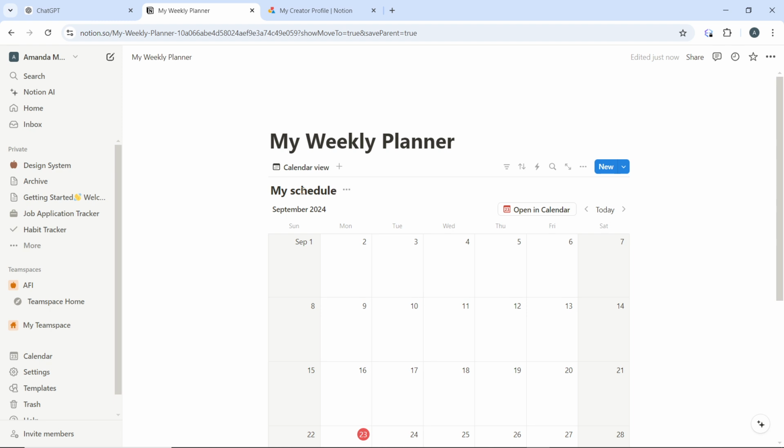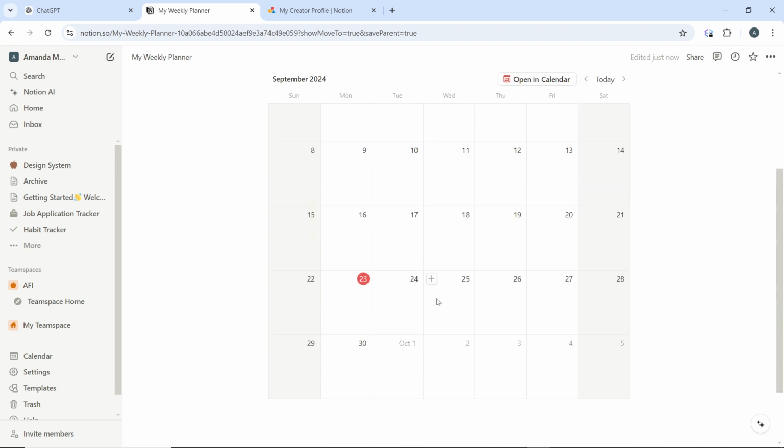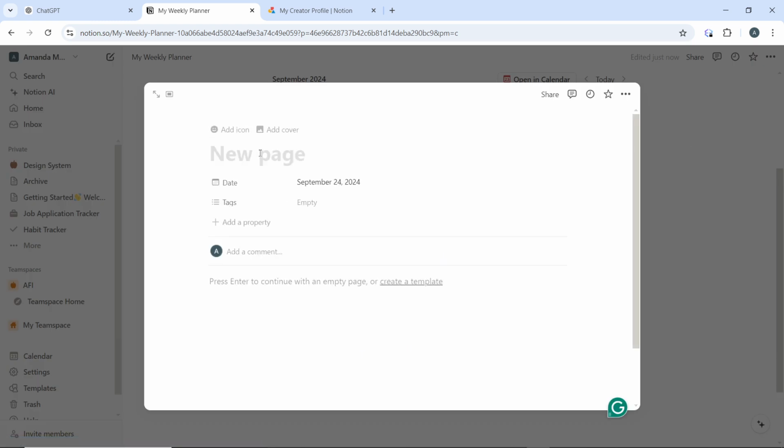That works for you. So go ahead and click on any date in the calendar to create a new event or task. So click on any date. So for example, let's say this is a date and I have this plus icon, so I can just add a new item in here. Now the title should be the name of my event or task. Let's say write a book